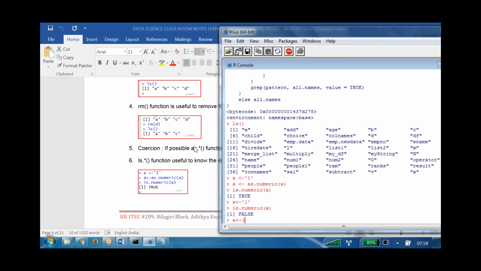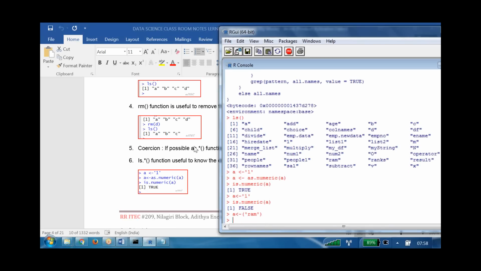This RAM is an already existing variable. Then enter. Now we mapped the RAM here. Now I want to see what is the data type of this one. Is it numeric or not?